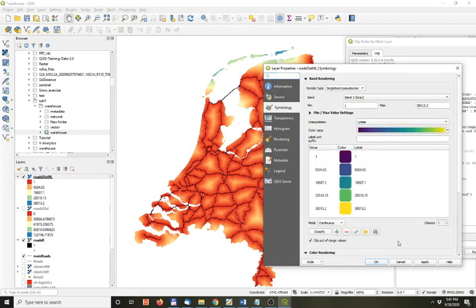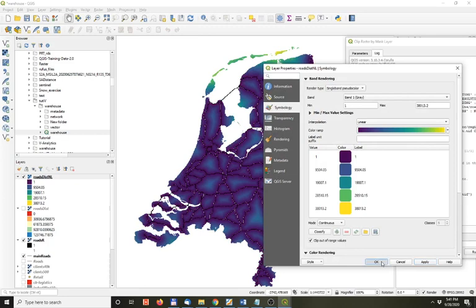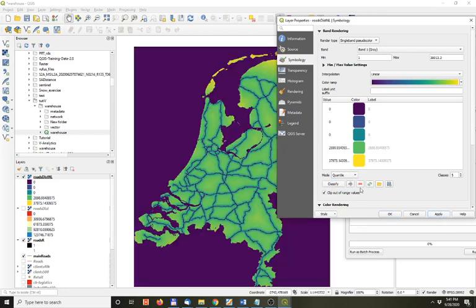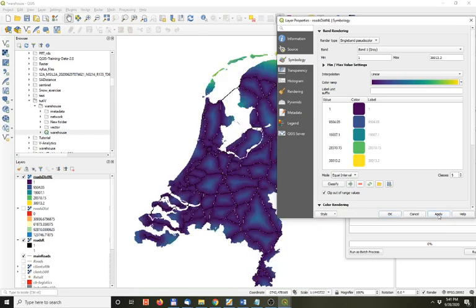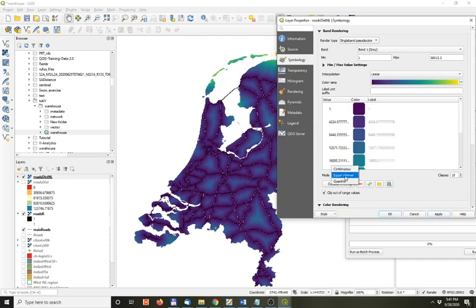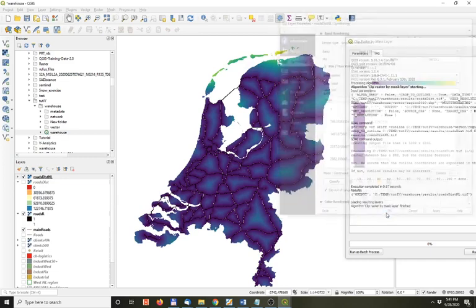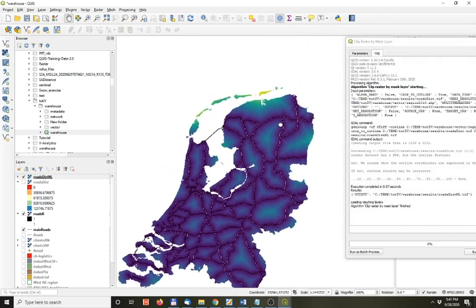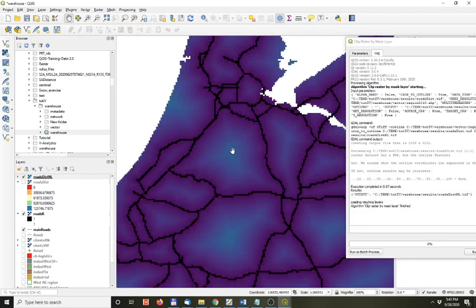let's change this to compare it better. Apply, and it's not. We're gonna make it into quantiles. Apply. No, into intervals. So a few more classes. Apply. Yeah. So now we have distance to the main roads. We can already see that in the islands here we'll have more distance than in the mainland, but also here we see here will be worse than here. Okay,